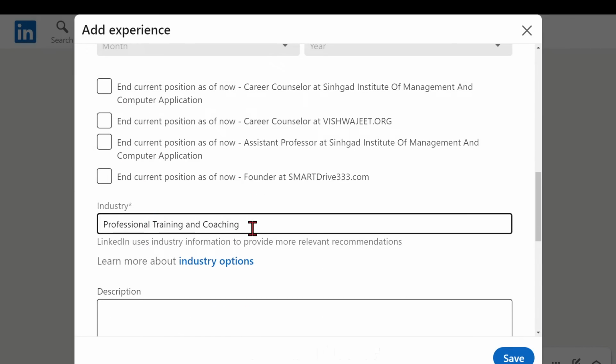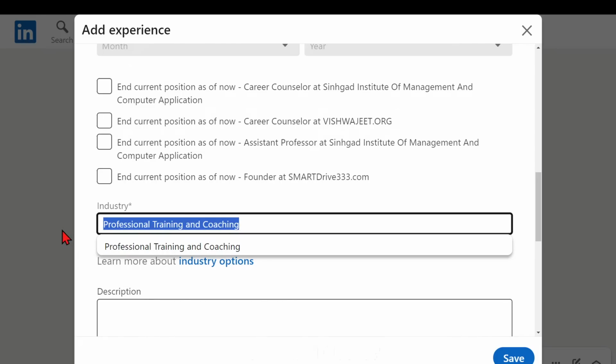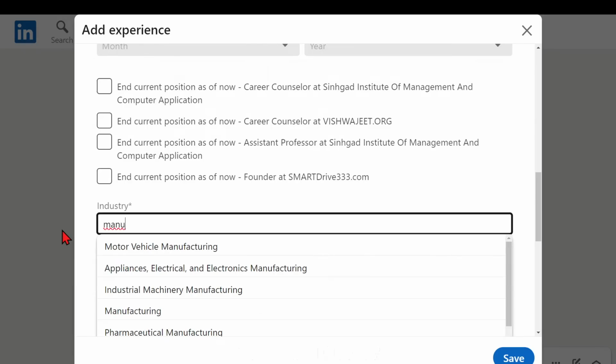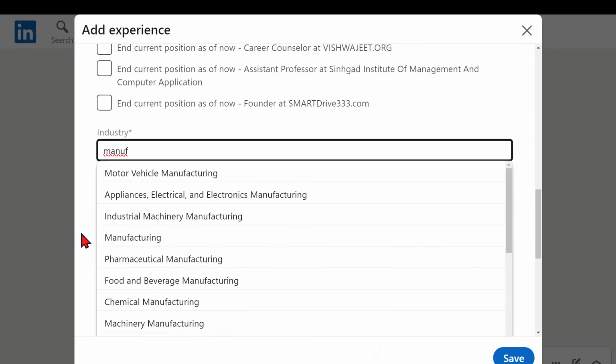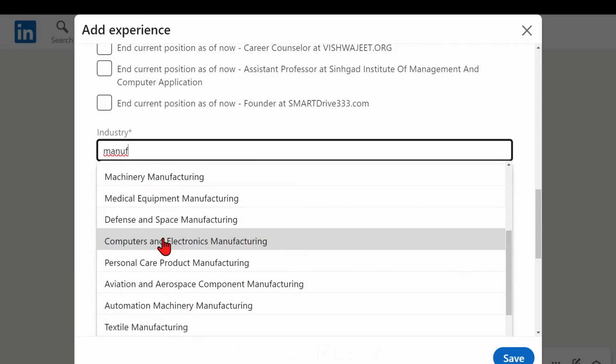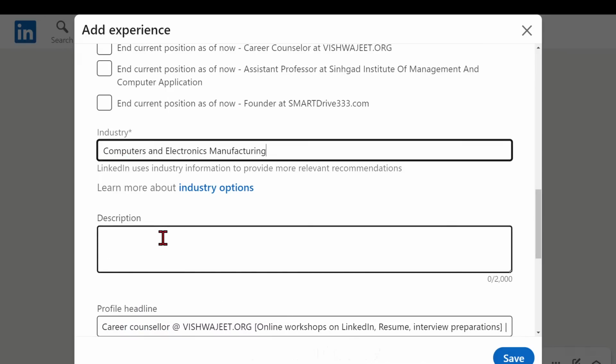Now which is the industry? Again, please note, you have to consider this as a prime selection criteria. They have given us a lot of industries, and industry means the stream where your work profile is molded into. So now let's consider manufacturing. You can see manufacturing, there are different types of manufacturing you can opt in for. So please select any out of that, then write a description about that.